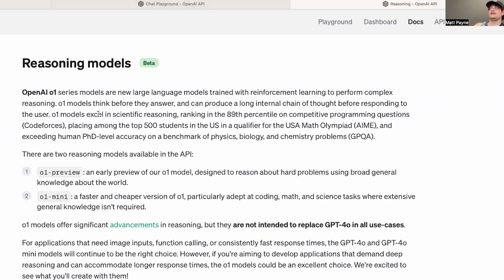They mentioned that the models excel in scientific reasoning, ranking in the 89th percentile of competitive programming, placing in the top 500 in the USA Math Olympiad, and exceeding PhD levels on a couple of different other benchmarks they put out there. So the ability to evaluate and process through tasks is a huge part of these models. Really focused on some of the stuff around math and code and reasoning that is much harder,